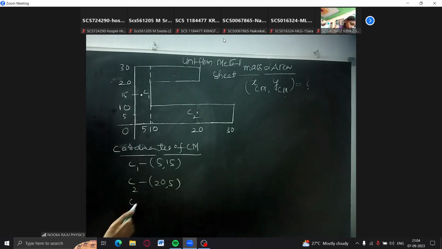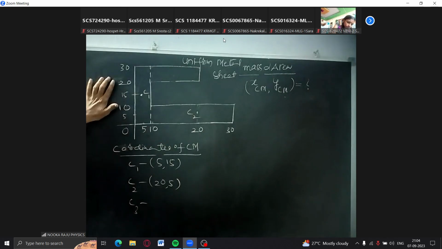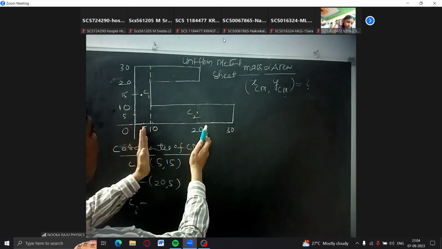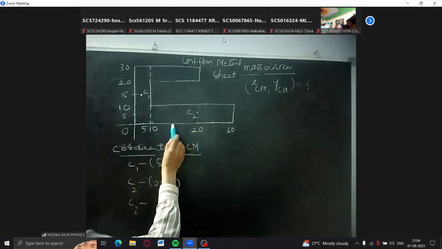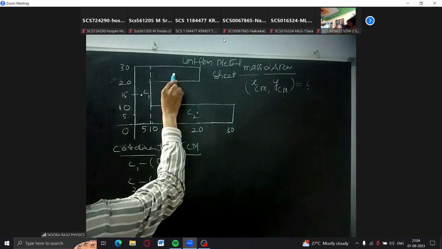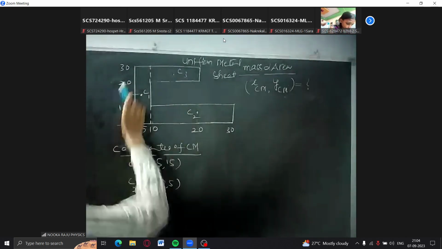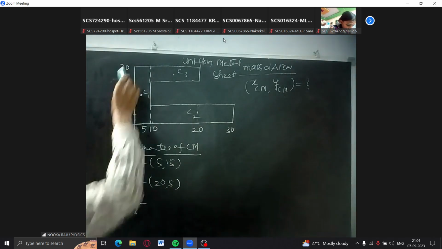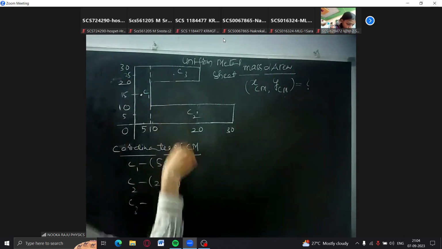Right? Go for the C3. Where is C3? This part is C3. Now here this is the C3 part, between 10 and 20, this is 15 actually. Okay, this is C3. What about this one? 30 and 25, midpoint equal to 25. Like 15,